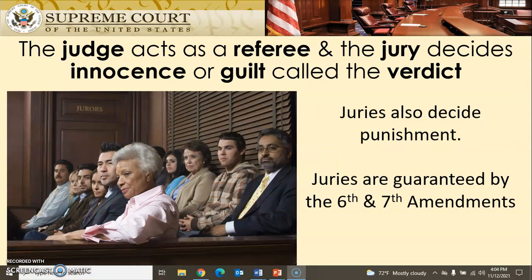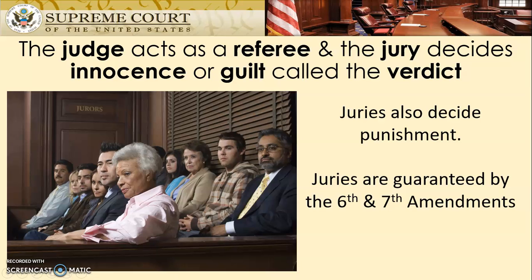sentences. The judge acts as a referee, and the jury decides the innocence or the guilt of the defendant, the person being charged. This is known as a verdict. They also, in some cases, have the right to judge for punishment. For example, these juries are guaranteed under the 6th and 7th Amendments, which we will review later. So remember, you have the judge who's the referee. The jury decides the verdict, innocent or guilty, and then at times the jury gets to decide on the